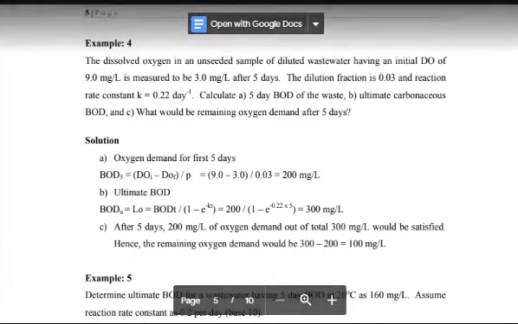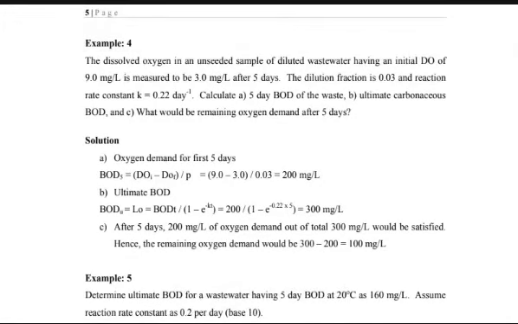And now the third bit is what would be the remaining oxygen demand after 5 days. So this is the 5-day test. Only the 200 milligram per liter consumption takes place. 300 milligram initially present. So let's see what is the next demand, if we have to continue that test, and we would like to know what will be the demand of oxygen, and that we can calculate.